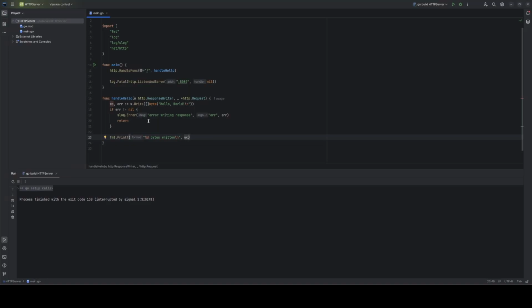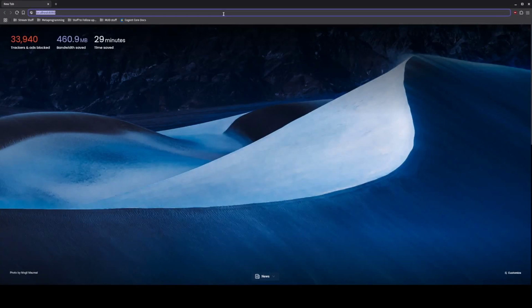With all of that set up, we should be ready to test. Let's go ahead and run our program. As you can see, nothing is output yet, which is to be expected. We still haven't told it to print anything out until this is handled. If we open a web browser and point ourselves to localhost 8080, we can see that hello world is returned,